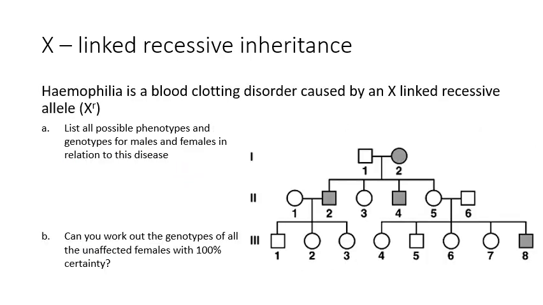Okay, let's now have a look at an example of an X-linked recessive disorder. So we're looking at haemophilia. We covered this when we looked at the circulatory system back in term 1. So haemophilia is a blood clotting disorder, and it's actually caused by an X-linked recessive allele. So our allele for this particular trait will be the X, meaning it's on the X chromosome, with a lowercase r. So first part of this question, list all possible phenotypes and genotypes for the males and females in relation